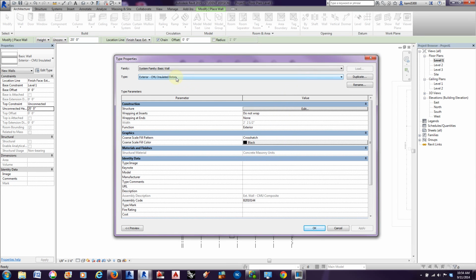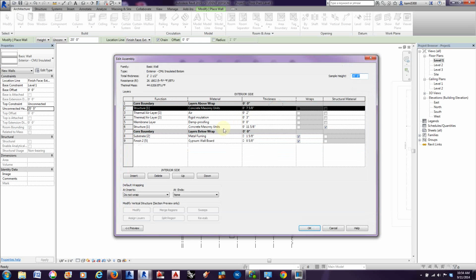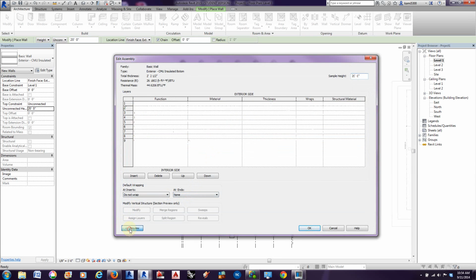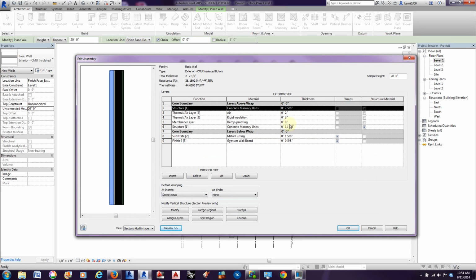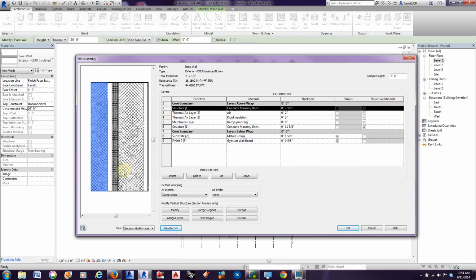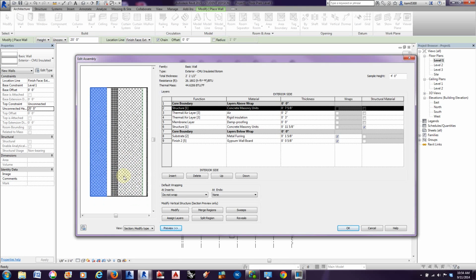So we've made our two insulated CMU walls, bottom and top, but now we want to edit the structure of them. And I'm going to set this to preview so that we can see the section, and I'm going to change my section to being 4 feet, just so we can zoom in on this. What we want to do is, this will be the bottom of the wall, and so I'm going to move this structural core